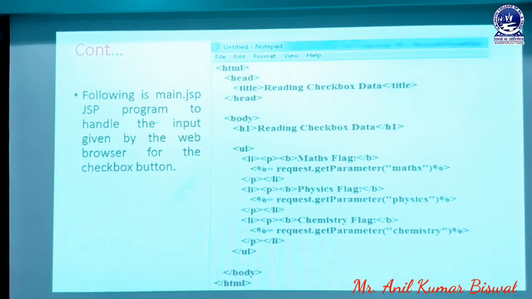Here we already have the main.jsp page, where we can write some controls that retrieve the values of the checkboxes. Let us focus on the slide.